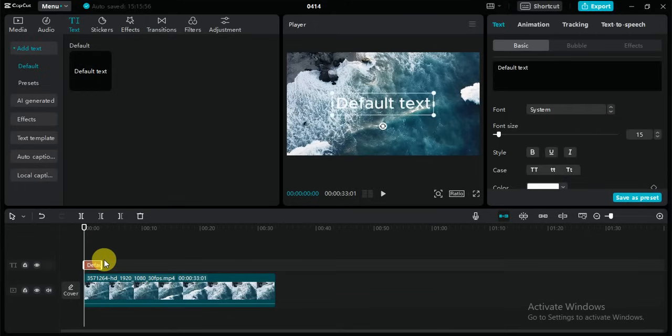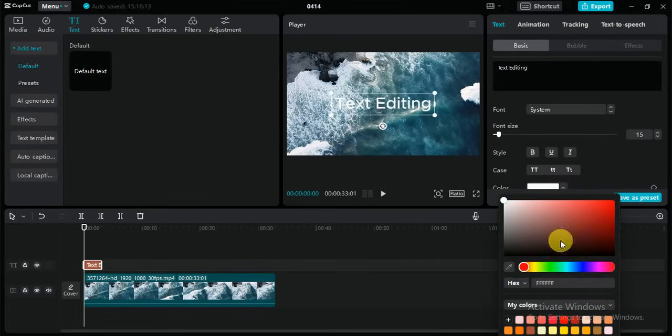I place this text here. So these are the settings of the text, and let's see. First of all, the text. So I write here "text editing". This is my text, and I want to change the color to yellow,